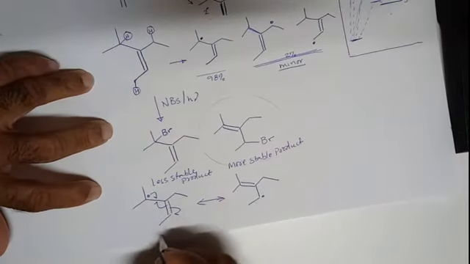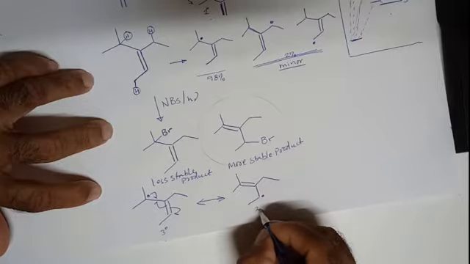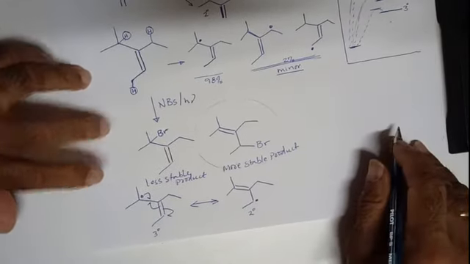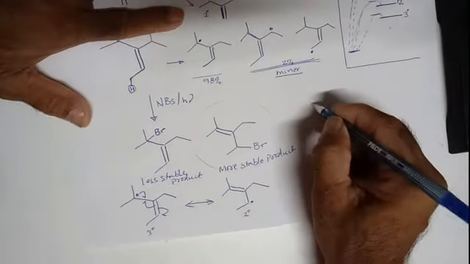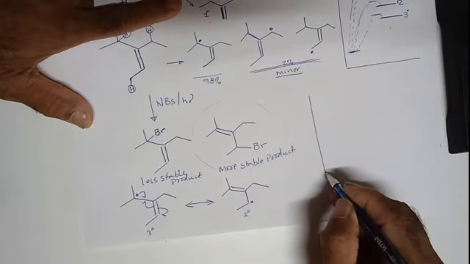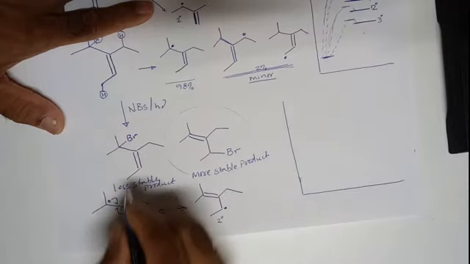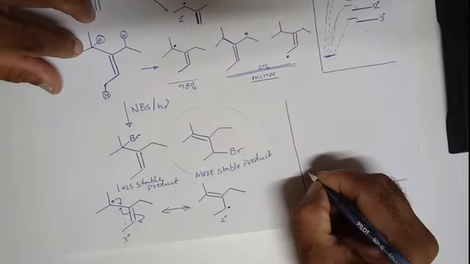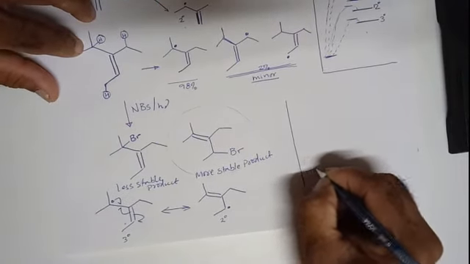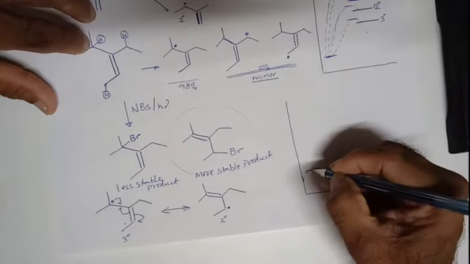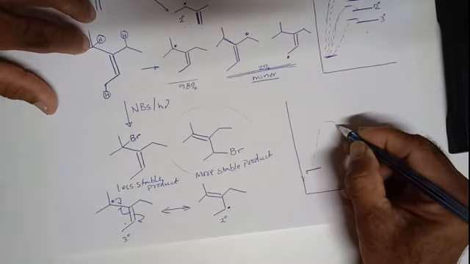Now we know this is a tertiary radical, this is a secondary radical, right? That means if I show a mini energy diagram, right, starting from this molecule, so let's say I am here, I went to a secondary radical,